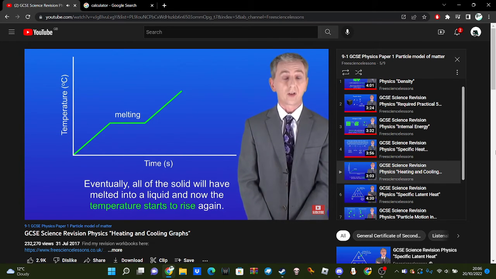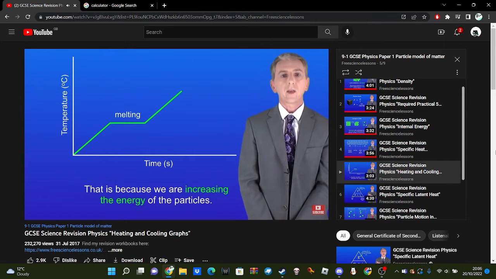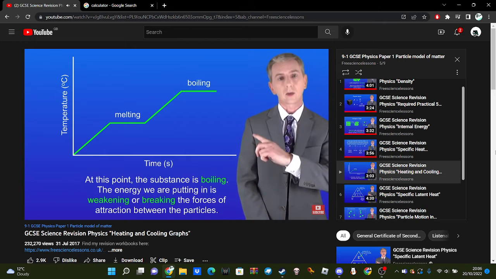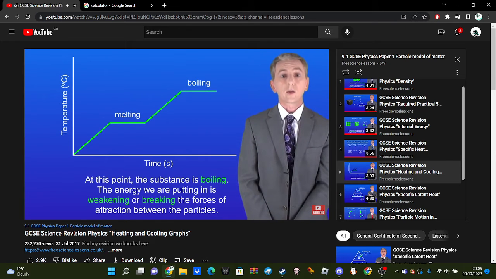Eventually, all of the solid will have melted into a liquid, and now the temperature starts to rise again. And again, that's because we're increasing the energy of the particles. Now, at some point, the temperature stops increasing, and the line becomes horizontal again, like this. At this point, the substance is boiling, and again, the energy we're putting in is